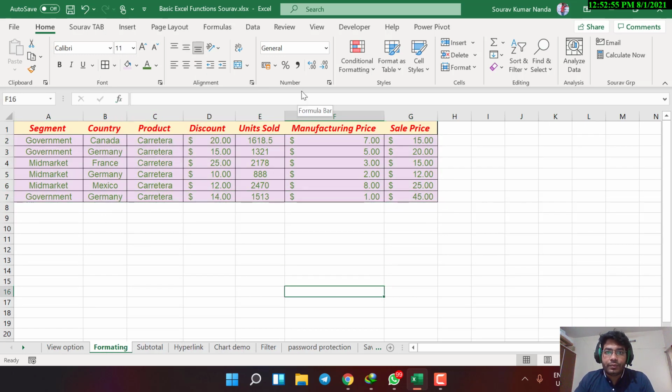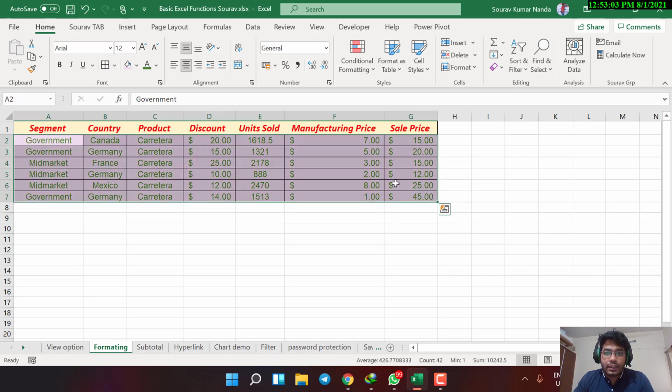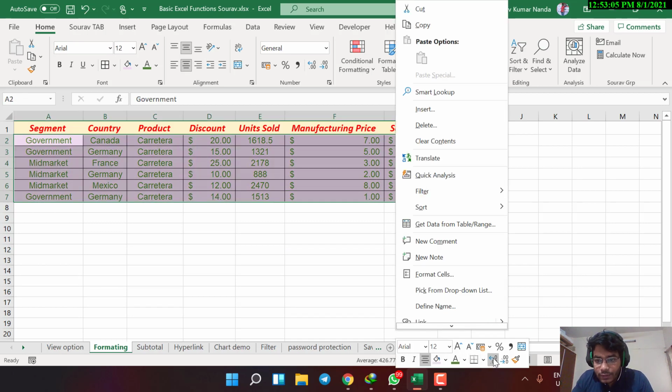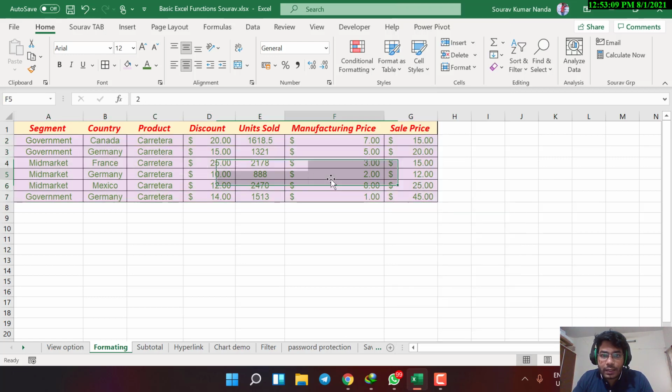Okay. Next, what else we have here? You can select all these and check if we have something here. We can also use this format painter. Let's say I want this to be exactly like this, then I can just click on manufacturing price. Let's say this $7, this cell I want to replicate the exact design and theme put in here. So I'll click this one, the first one.